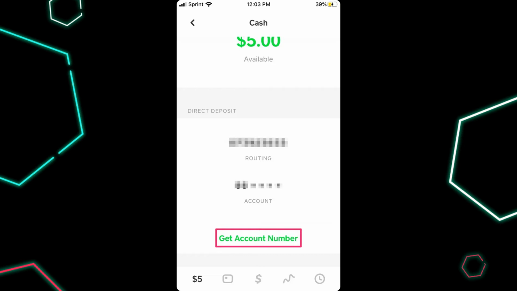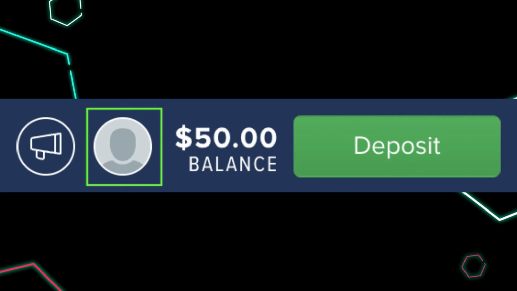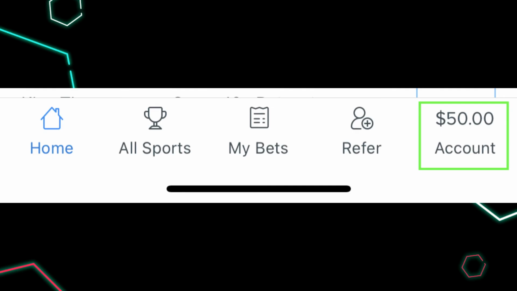Under the Withdraw section, you should see a list of available withdrawal options. Find and tap on Fanduel to proceed. You'll be prompted to enter your Fanduel account number and password. Provide this information accurately, and once you've entered your Fanduel account details, tap on the Withdraw button to initiate the